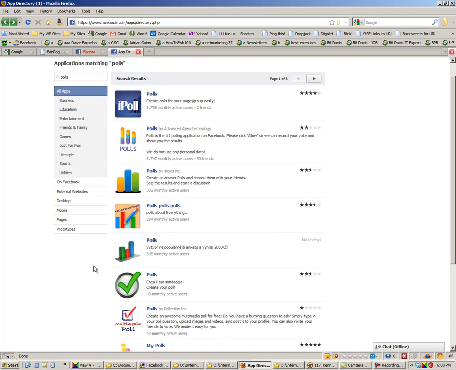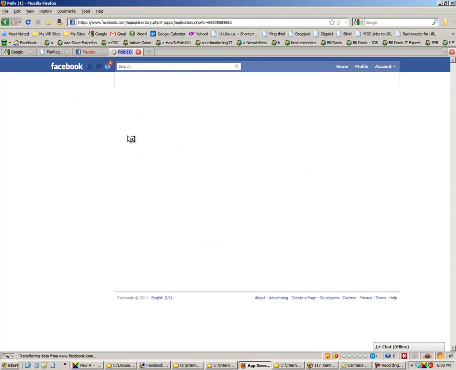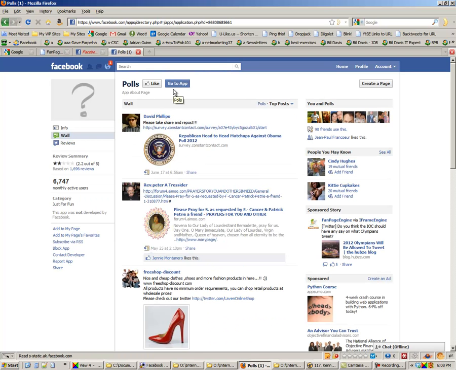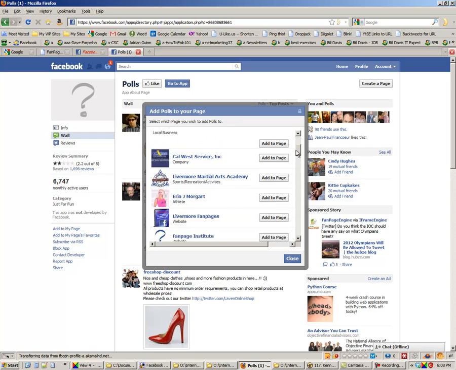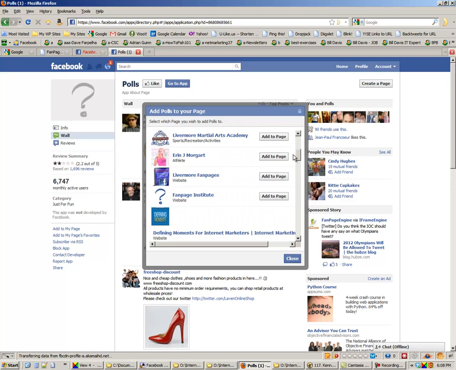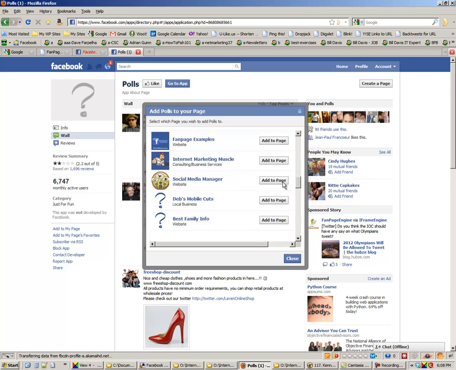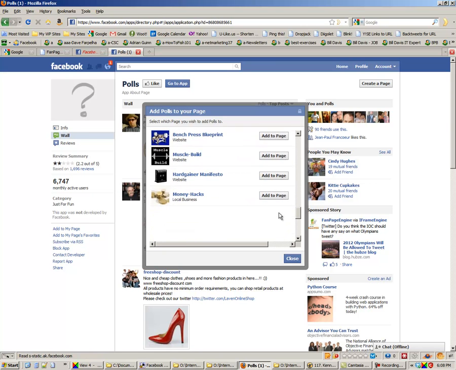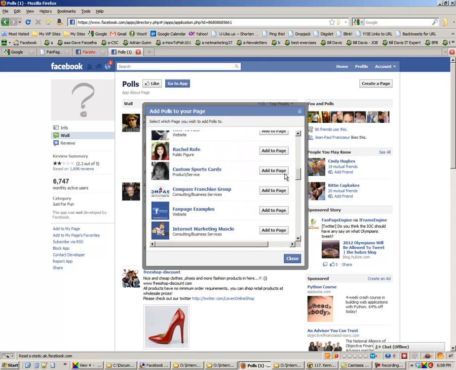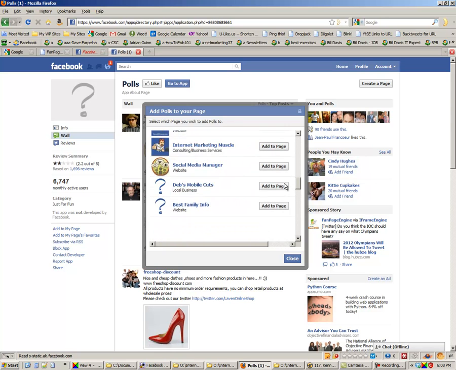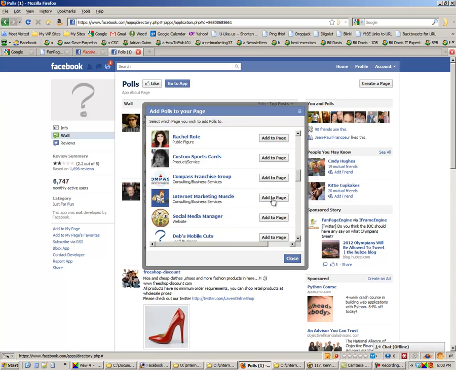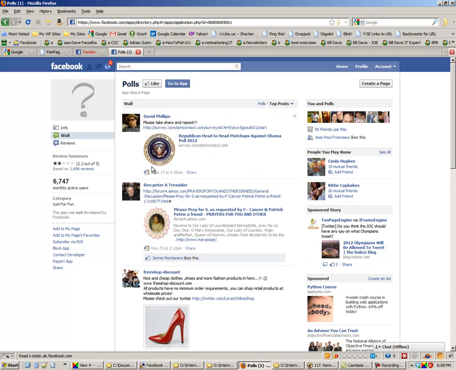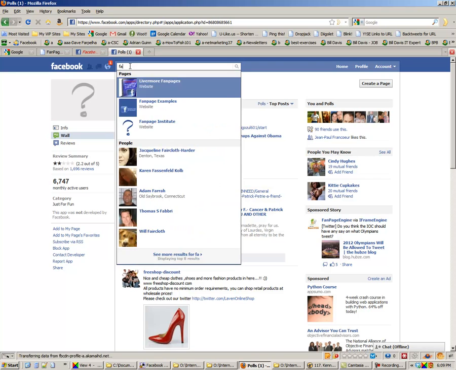What looks interesting here? Well, let's try this one. So add to my page, and then you can choose which page you want to add it to. And I want to add it to the page I'm on, which I don't see. Fanpage examples. There we go. Add to page, and then close, and then go back to the page,